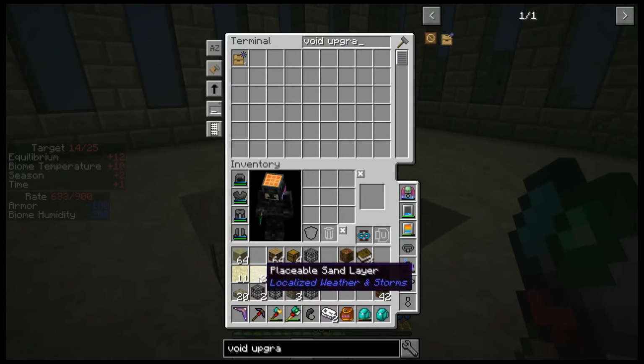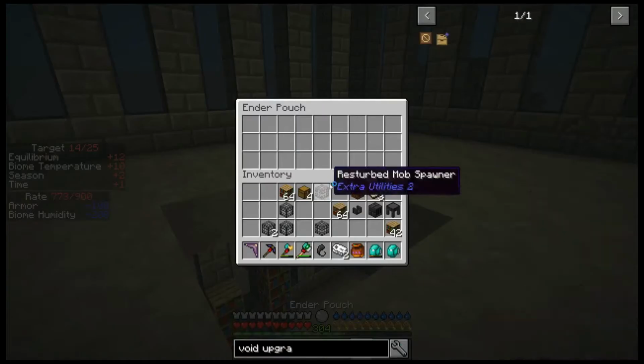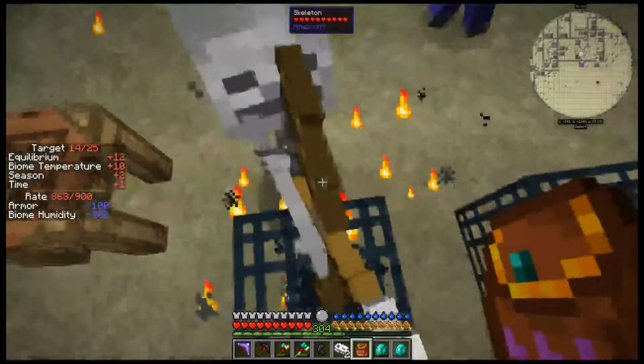Ugh, do I really want these? Let's put them in the system for now and we'll deal with it later. And the rest will go into our looting chest so that we can see. Oh,